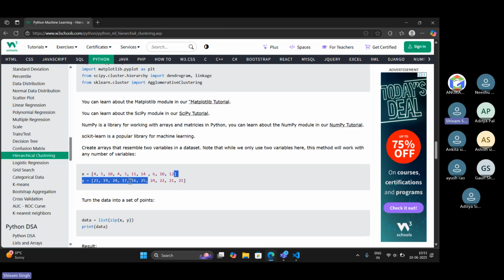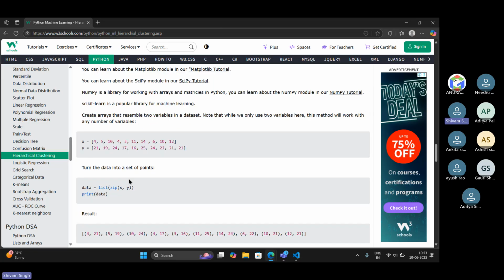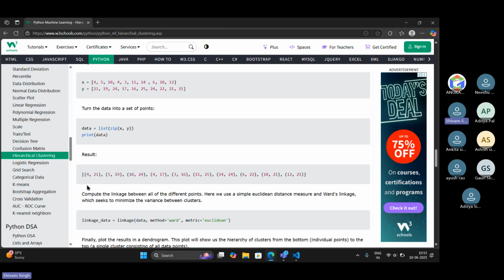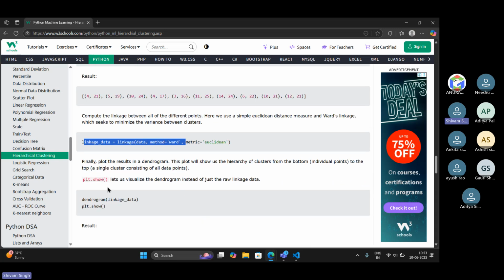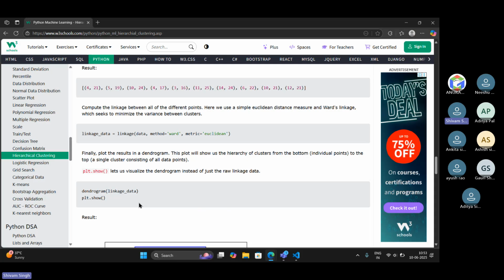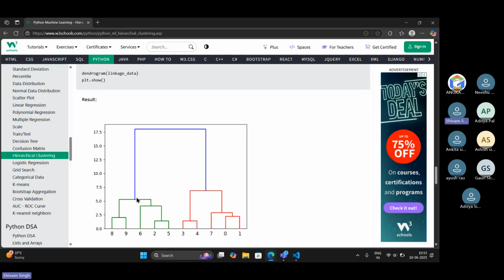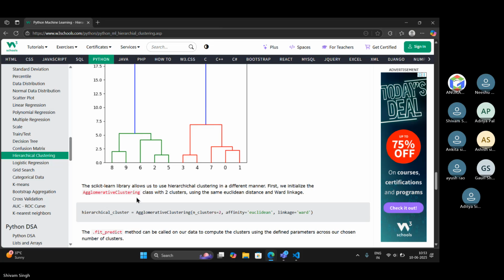So here we have X and Y. So turn the dataset into a set of points. Then we will get the result like this. And then we will link the data. And using the plot.show method, we will plot the points and we will get the output like this.